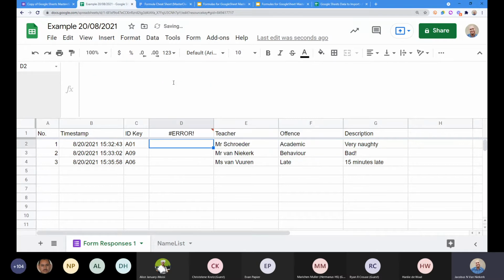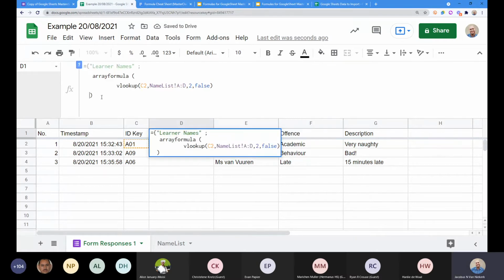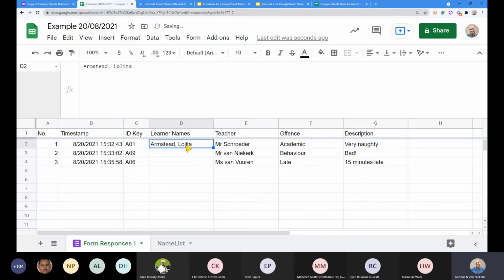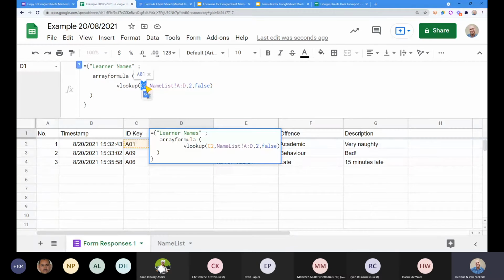We close it, sorry, and we need to close our curly bracket as well. Now the problem is you'll see it only completes the first one because I haven't specified a range yet. I've only told it to go run up to C2.